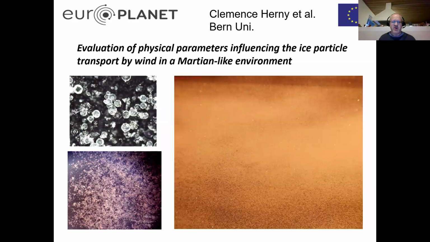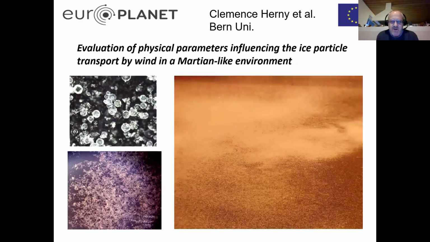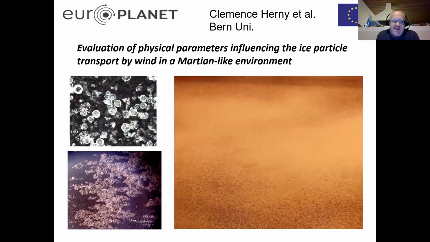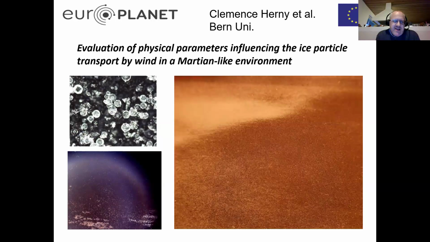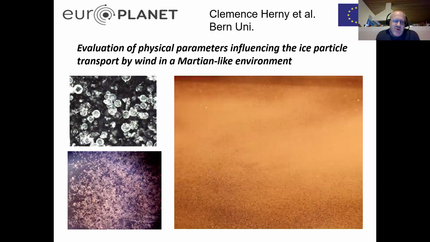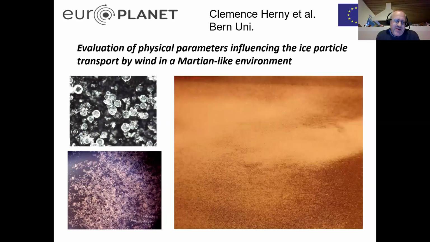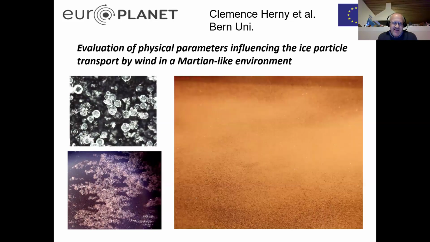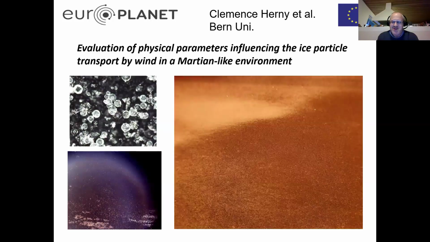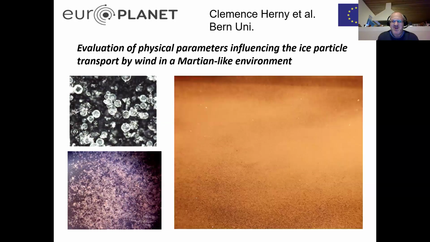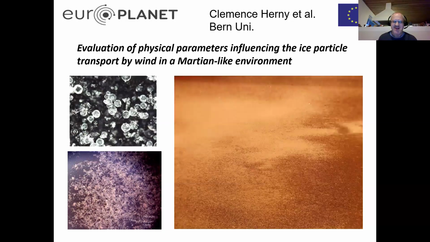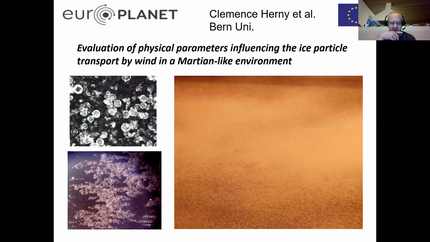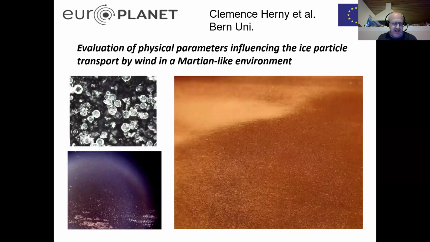So this next project was again rather different in that it involved ice grains. This was a group in Bern who specialize in making sand-sized water ice spherical droplets, particles. This was a really tricky experiment in the sense that it required us to cool the whole inner chamber down to well below zero, as well as controlling the sand-covered glued plate that you're looking at on the right. The one on the left is the same, it's just a different kind of sand we've glued on the